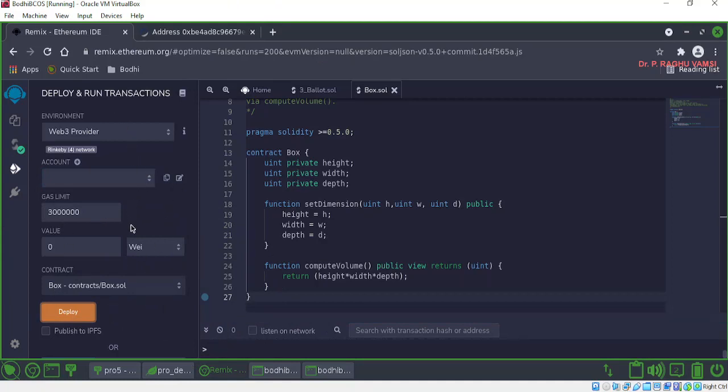Basically you need to have this Remix IDE for connecting with the Web3 provider. But using the Truffle IDE, the only thing is that we are supposed to compile the Solidity smart contract and directly deploy it onto the test network via the command prompt. So as a developer, if you want to place the smart contract on the test network, you may use the services of either the Remix IDE or the Truffle IDE for deploying onto the test networks.